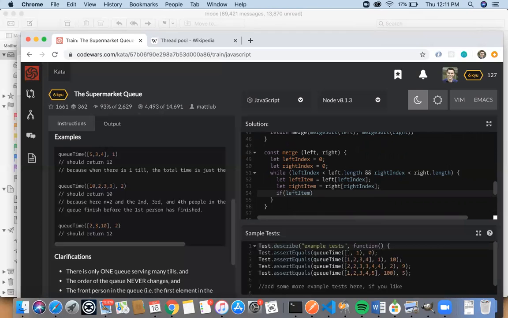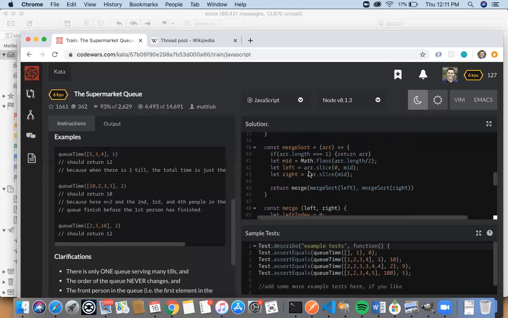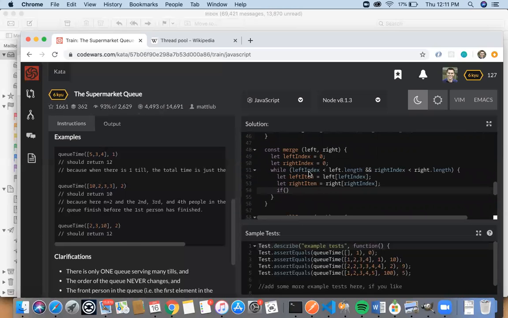So if sumArray leftItem is less than sumArray rightItem,